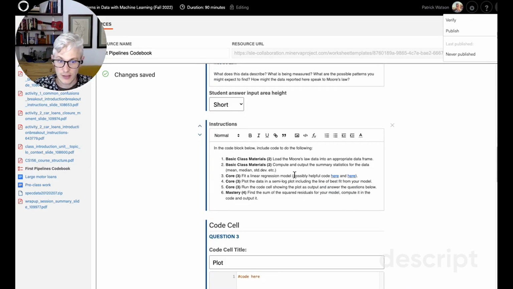would like you to run a linear regression model that fits a line to that data. And you might need to log transform the data because this is an exponential growth period. So if you're going to fit a linear regression to it, you'll want to log the data first to put it in log space. All of that, I've linked a couple of code bases here that could be helpful, including